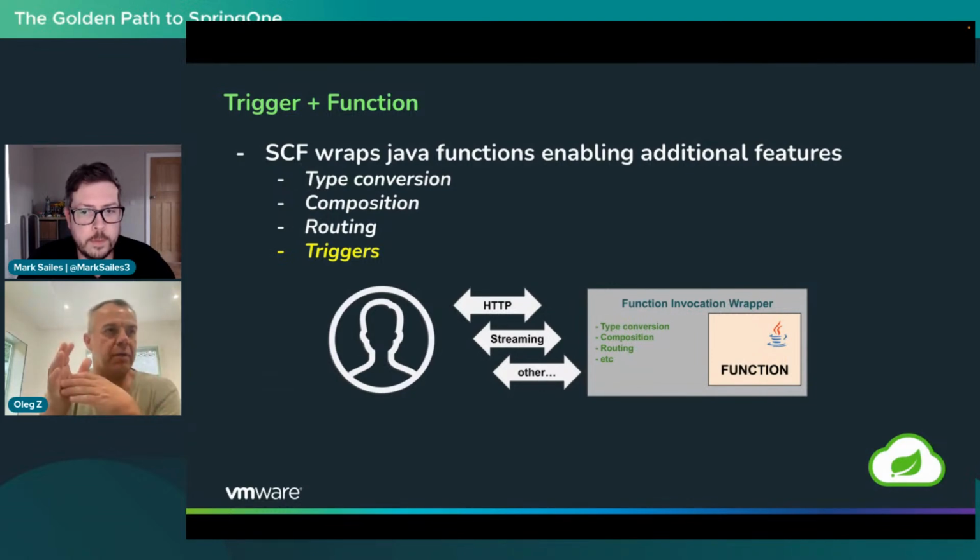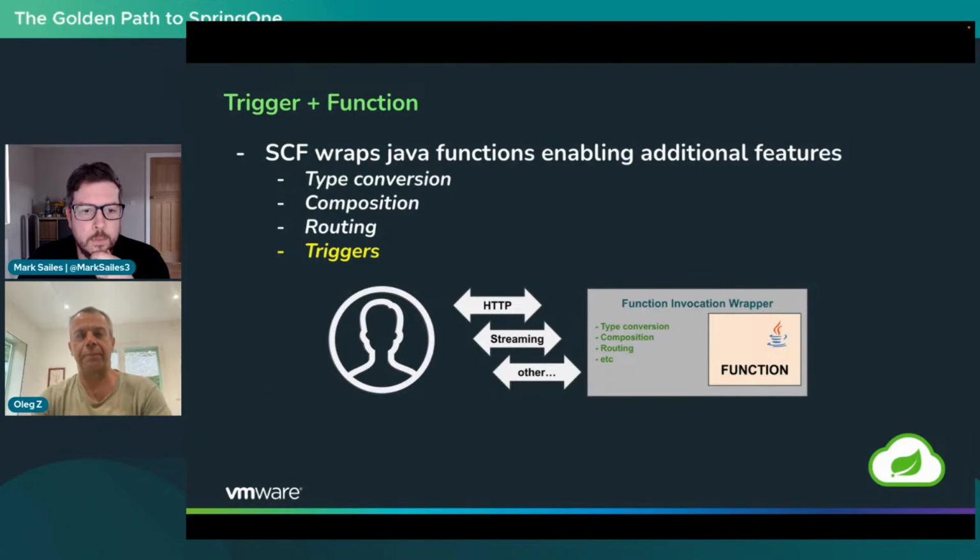Or you can just write a Java function, and all of a sudden a framework like Spring Cloud Function will turn your function into an AWS Lambda. So we do it by introducing a wrapper over the function. When you start up and access your function, you're actually accessing a wrapped function, and the wrapper adds additional features such as type conversion, composition, routing, and the adapters provide the triggers for this function. In other words, this function could now be triggered through a variety of different